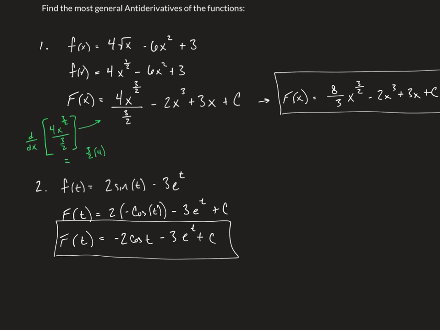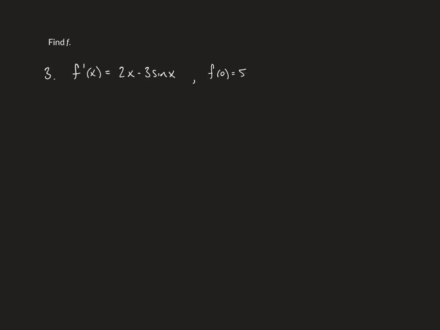Now let's take a look at one where we can find the exact antiderivative and actually get an equation. Okay, so now we're told to just find f. Not generally, we need to find that function. So we're told that f prime of x is this function 2x minus 3 sine of x. And then we're also told that f of 0, so once I do find that f of x function, I know that by plugging in a 0, I get 5. So let's find the general antiderivative first and then do some work. So f of x